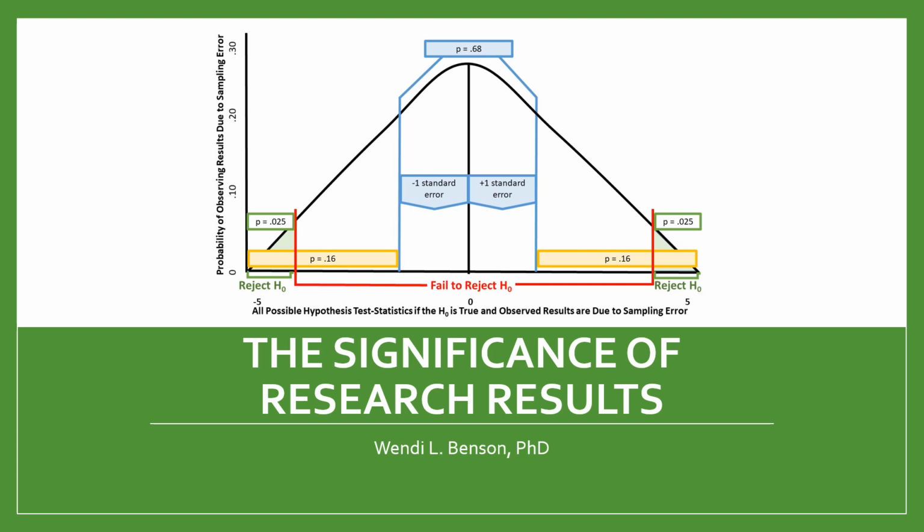In general, it means that it is very unlikely that your results would have happened due to random chance. So if you look, this entire sampling distribution is a hypothetical distribution, and it represents all the possible results that you would have gotten due to sampling error, or if the null hypothesis, which states that nothing is significant, is true. And so when we are doing research, we are hoping that our outcome is highly unlikely, that it falls in one of these extremely unlikely ends of the distribution,